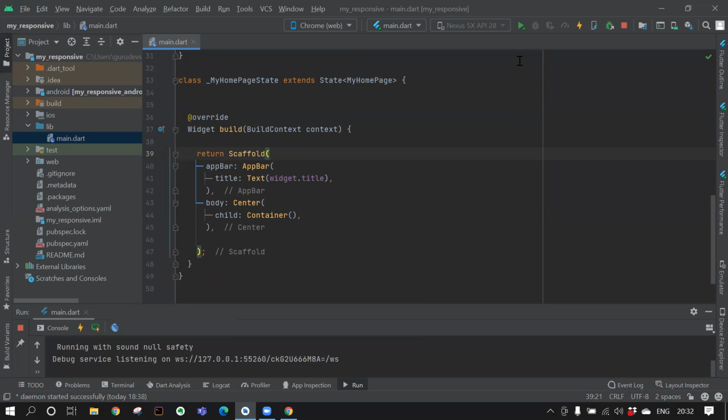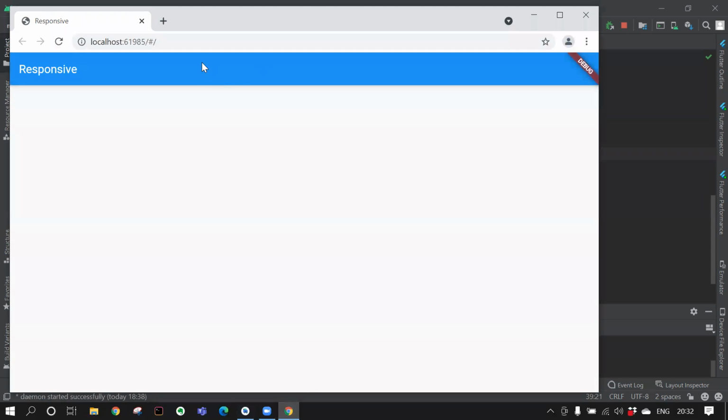As you can see, I have run this app using the Chrome service. We could have used other emulators. I also have other emulators, but I'm using a web service since I have to test the given app on various emulators at once.